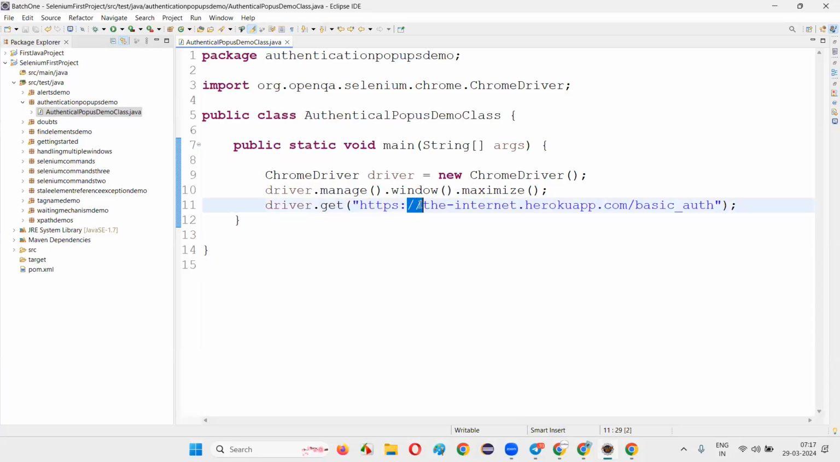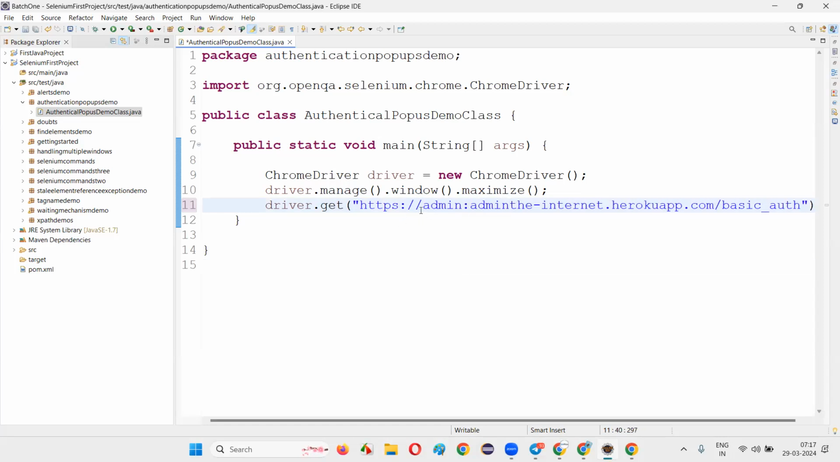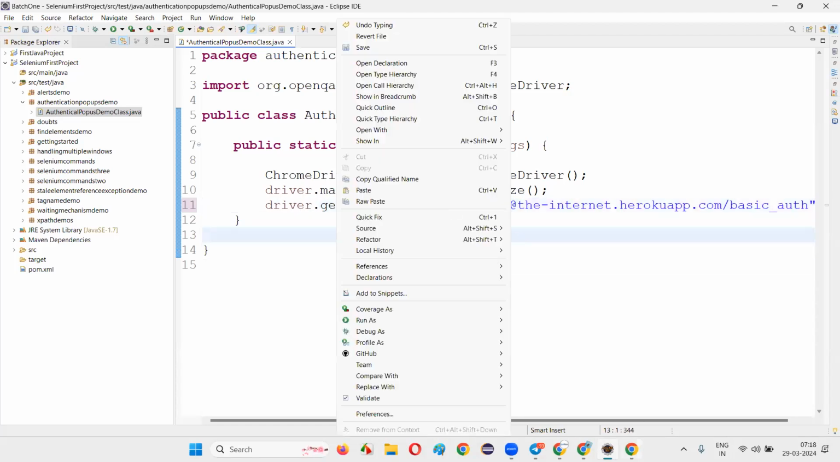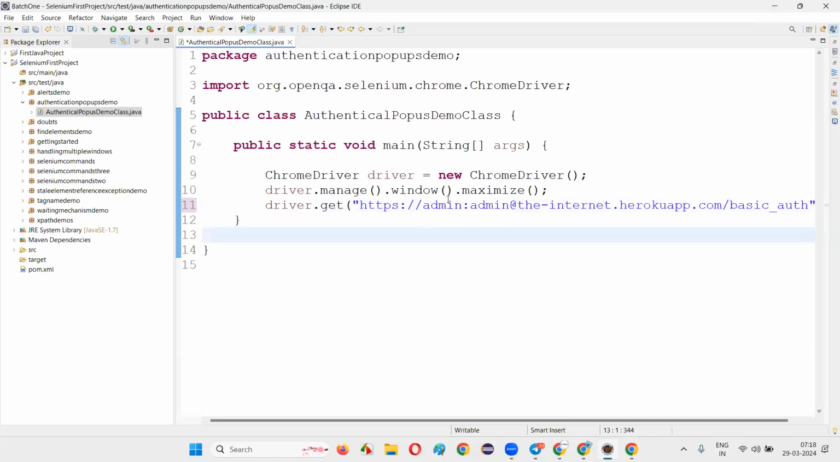So here, after // you give the username admin and :admin. Admin is the username, :admin is the password, and here you write @ as a separation for the domain name. Okay, so like this, in the URL itself, you have to write admin:admin@. Now run the script, after providing the admin and admin as username and password, with the @ symbol,